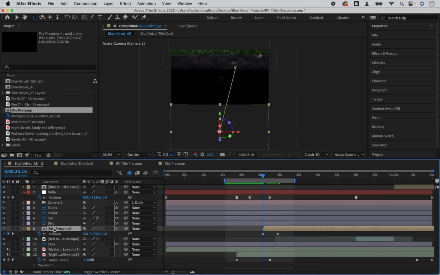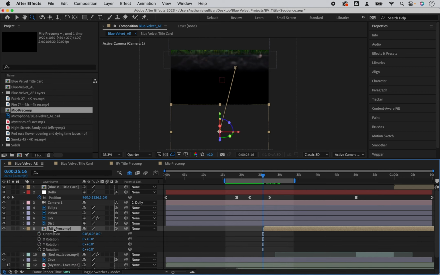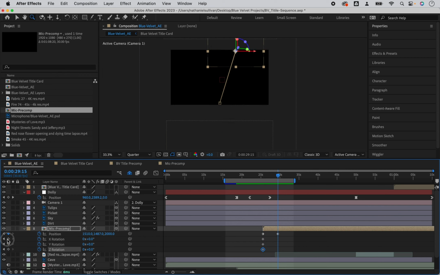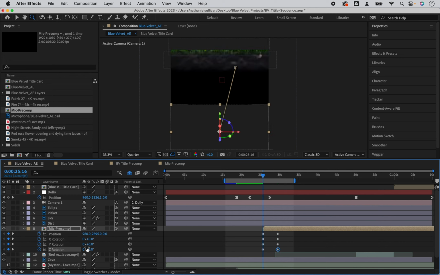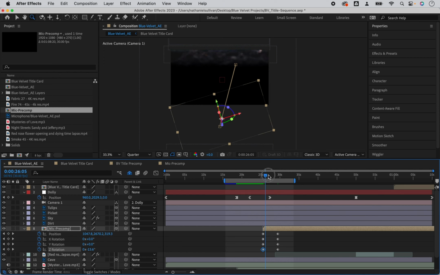A keyboard shortcut to bring up rotation is R. I'll change all the rotations, X, Y, Z, just by a few degrees. This will give it some dimension as it travels up, so it doesn't feel too flat. Z rotation will end at plus 20 degrees. I'll jump back to the starting keyframe with the keyframe arrow, and I'll make that one minus 20 degrees. Scrub the playhead through to preview.